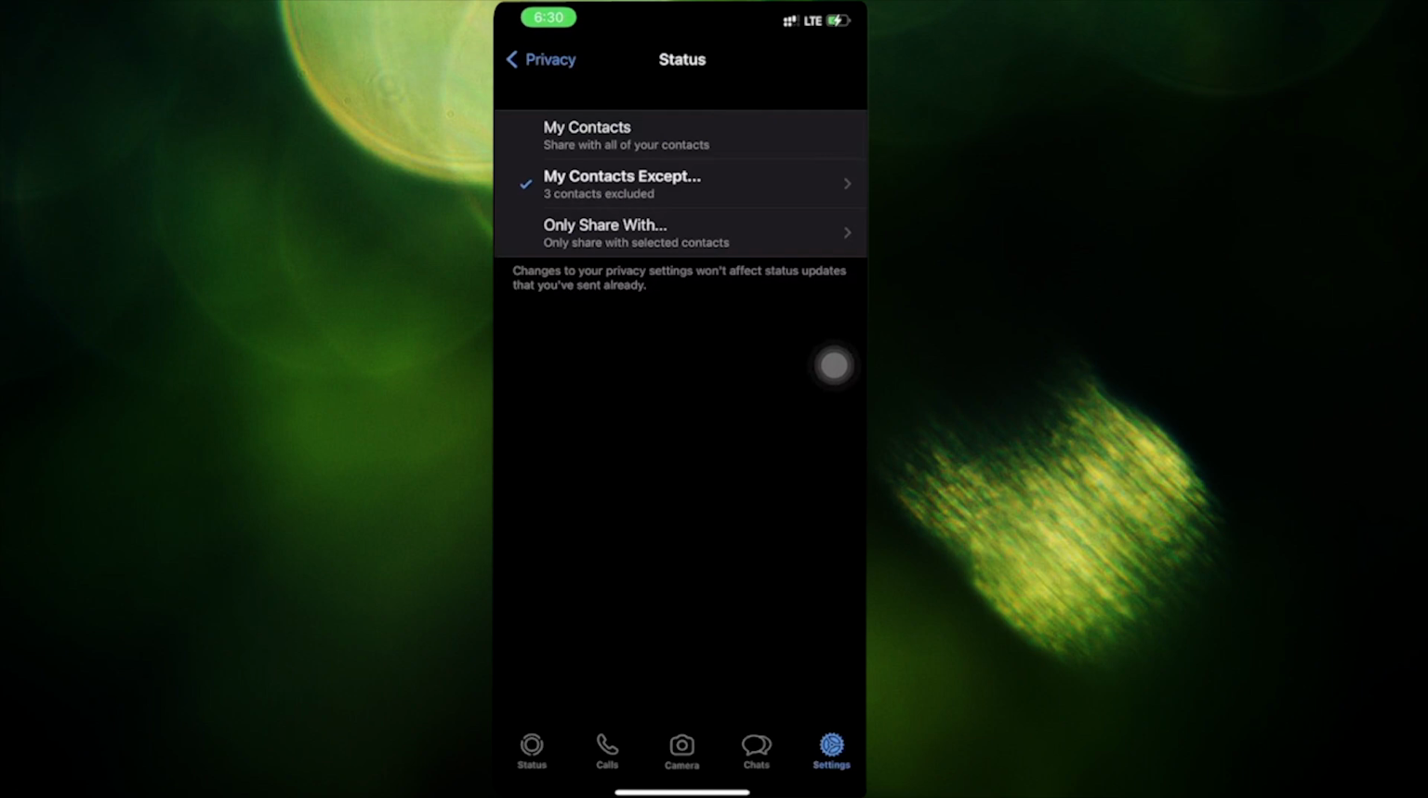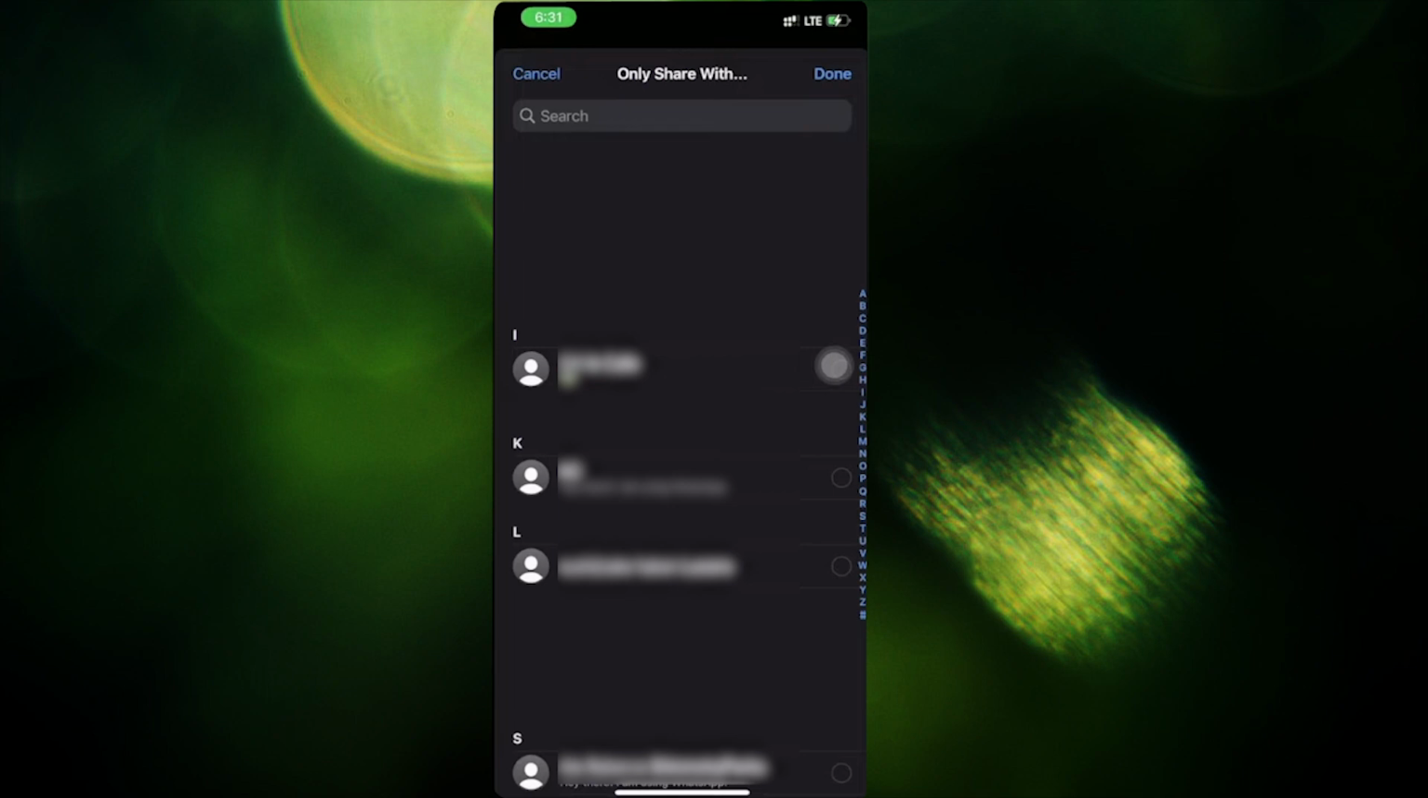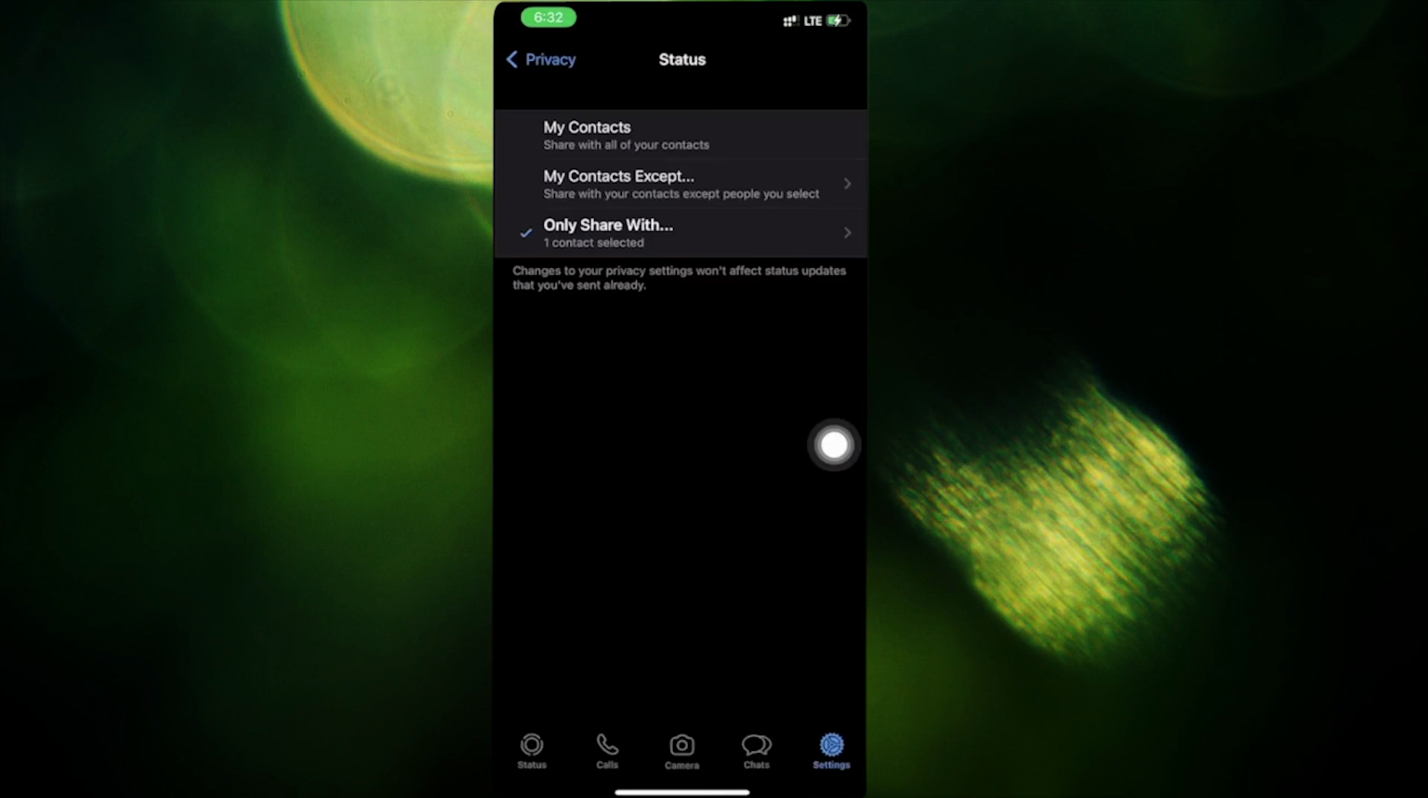Let's tap on Only Share With, and it's going to open a list of contacts who can only see your online status. So if you want to hide your online status from everybody else, you can add your secondary account and then you can choose it. Doing so will hide your online status from all your contacts except your secondary account. So that's how you hide your online status on